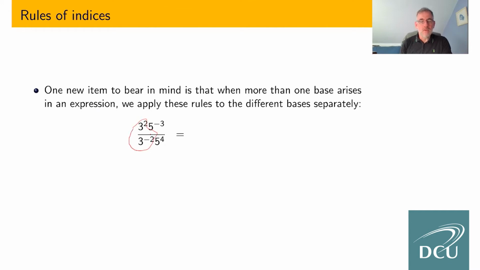of 3. We have 3 to the power of 2 over 3 to the power of minus 2. Put a different line around the powers of 5. I have 5 to the power of minus 3, and that's divided by 5 to the power of 4. So I deal with the powers separately. I've highlighted them there in different colors. So isolating that, we have 3 to the 2 over 3 to the power of minus 2. In the numerator, we have 5 to the power of minus 3, and that's being divided by 5 to the power of 4. So we can apply our rules of indices separately to the different bases to conclude that overall